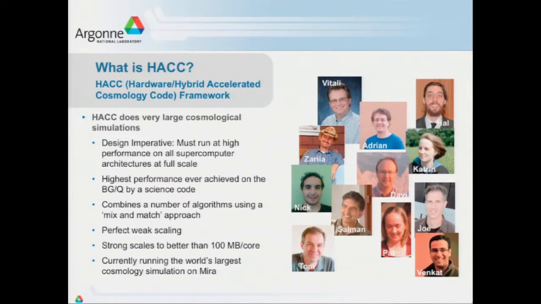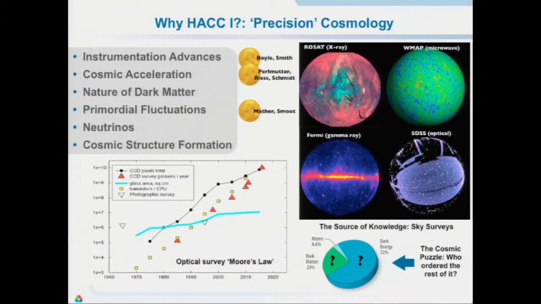Basically, this is driven by precision cosmology, which is the fact that sky surveys are producing an enormous amount of information. And we need to solve the forward model of how structure forms in the universe, and then compare it against the data. And the interesting thing is that even though the amount of telescope glass has not changed over time, the amount of data coming from the sky, which is driven by CCD technology, is following Moore's law. So because the data is increasing at that rate, the computing requirements follow.